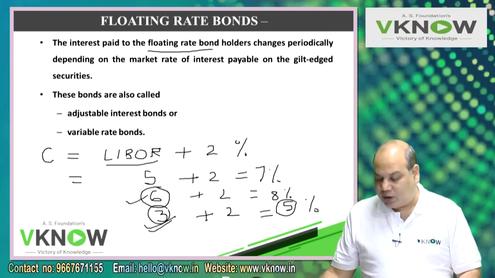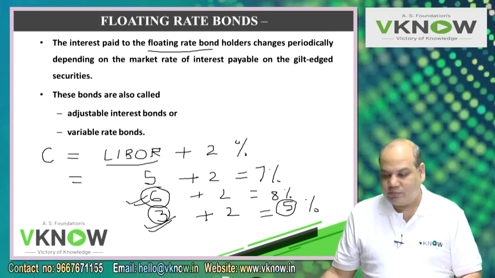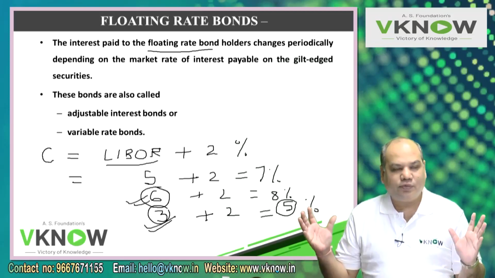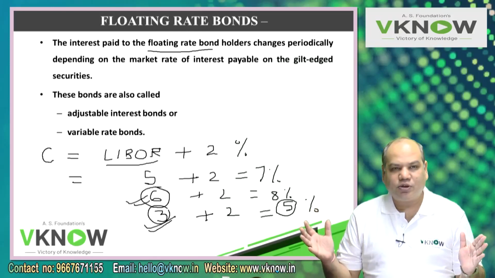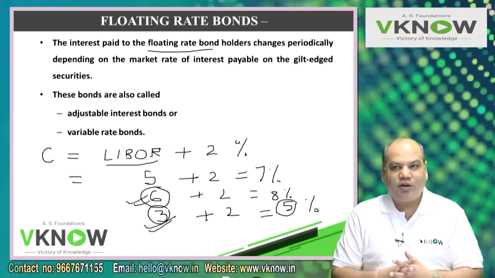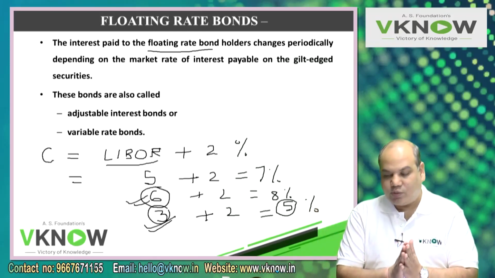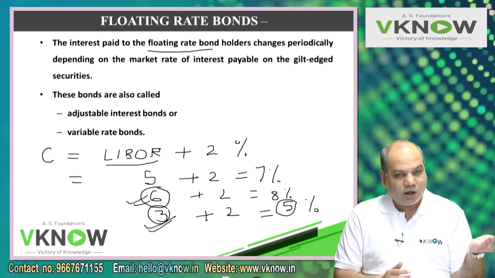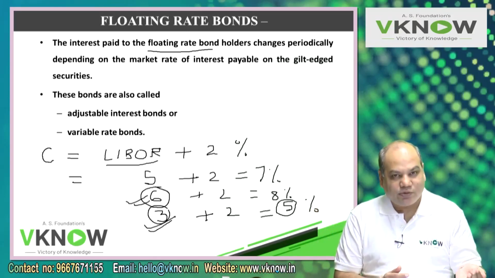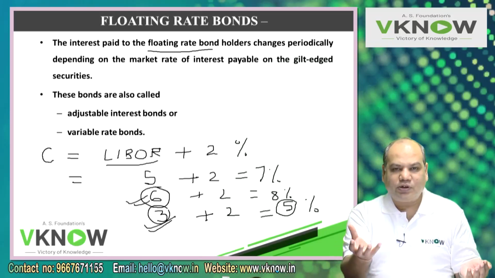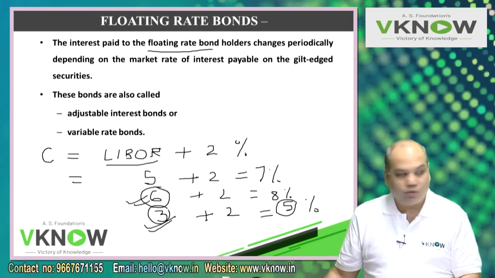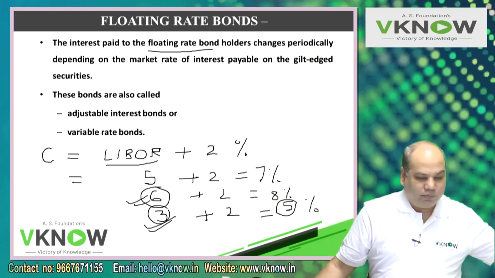These two people have two different opinions about the future movement of interest rate because they have a different set of data, information, different ways of processing, different expectations. That is why it is possible the company may be expecting interest rate to fall, whereas the investor may be expecting that the interest rate would rise. Okay.